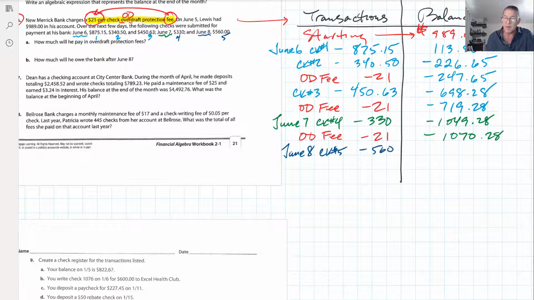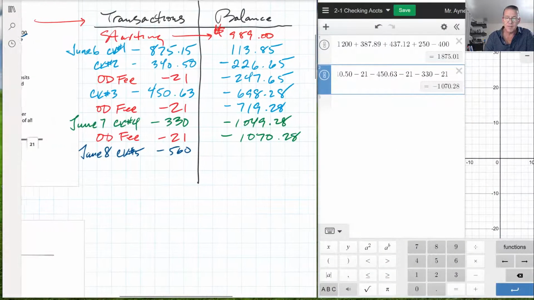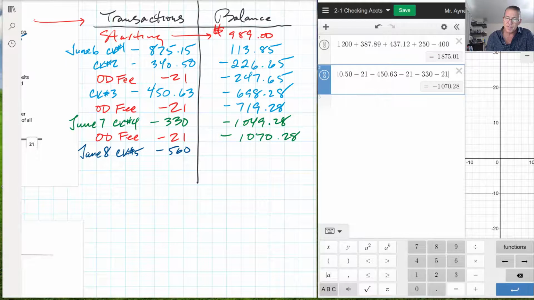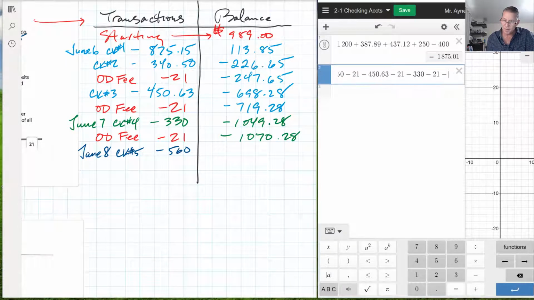So the bank's going to pay it, but you're going to be assessed another fee. So let's subtract 560. Minus 560. Boom. So this is why I like Desmos here. You see the transactions occur over time. It's easy to check your work. If you input something wrong and you're not getting the right answers, it's easy to check your work, and it gives you the running balance as you go. So now we're at negative